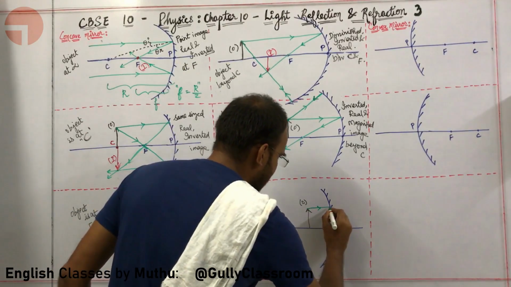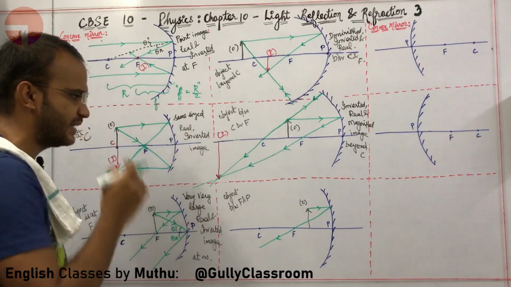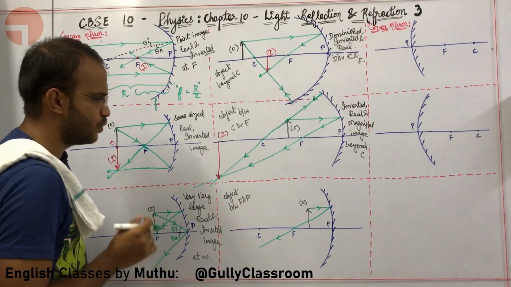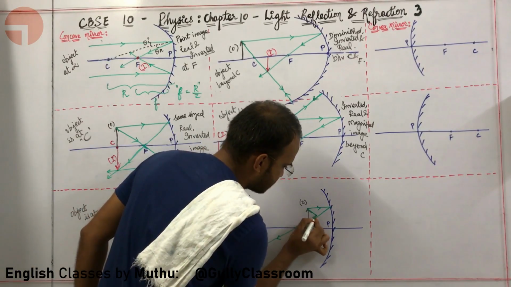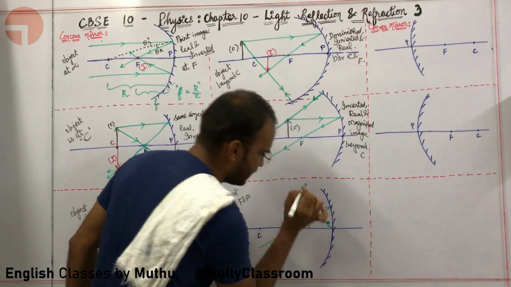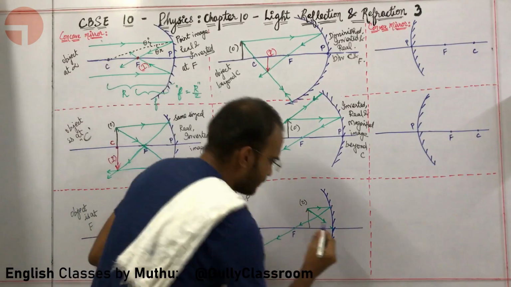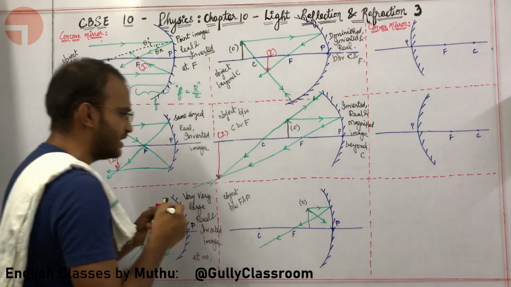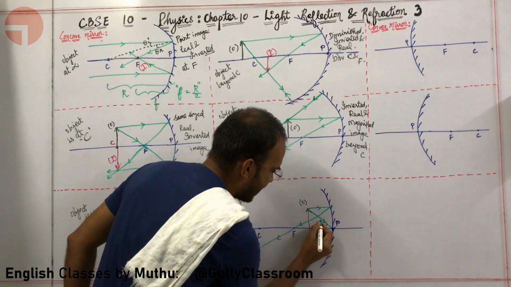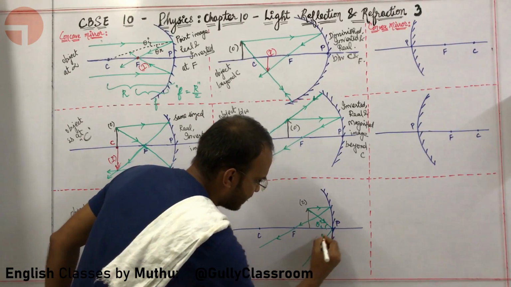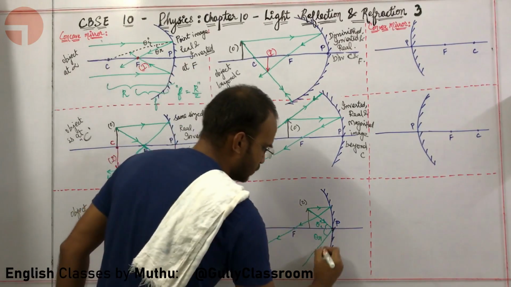This parallel line will be reflected in such a way that it is passing through F. What next, sir? Okay, I am going to draw another line that is going and meeting here at P. What is going to happen, sir? If it meets at P, then automatically this becomes the angle of incidence and this becomes the angle of reflection. The angle of incidence and angle of reflection are equal to one another.